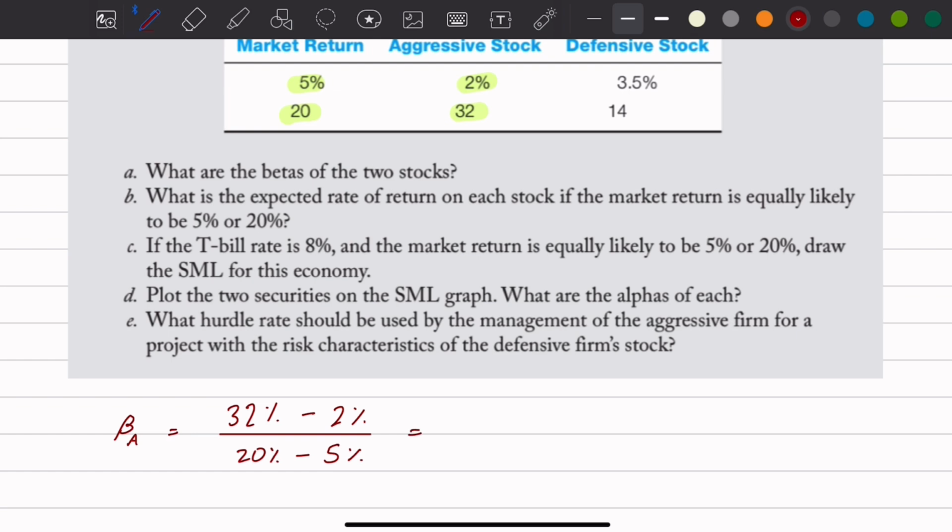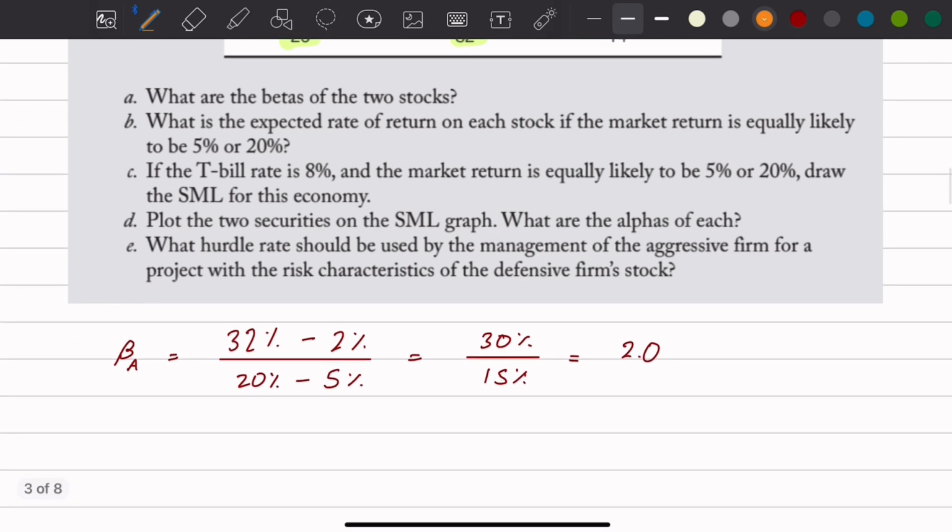That would give us 30% divided by 15%. And that is clearly a double, so that would mean that beta for the aggressive stock is going to be 2.0. Now we will do the same for the defensive stock, but this time we're going to denote it as beta D,